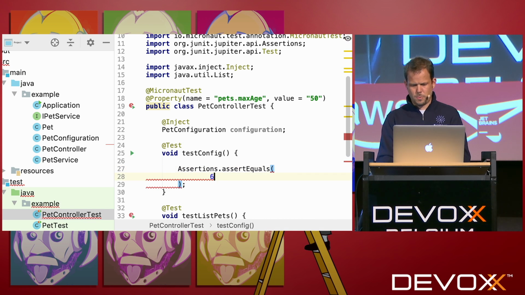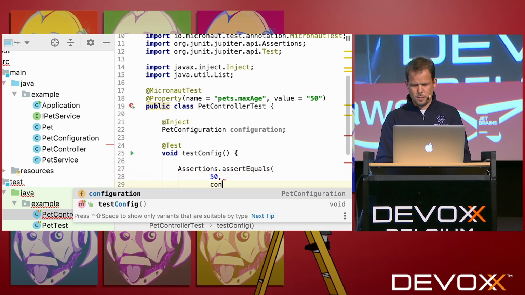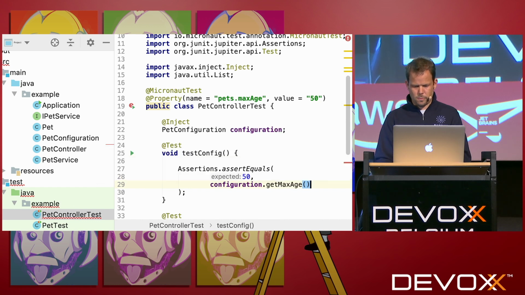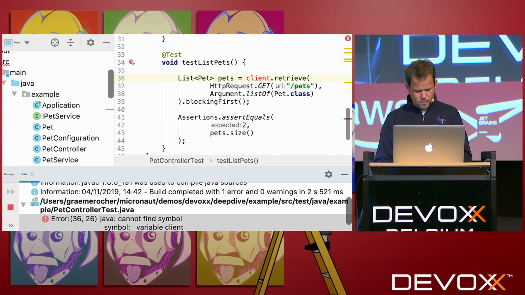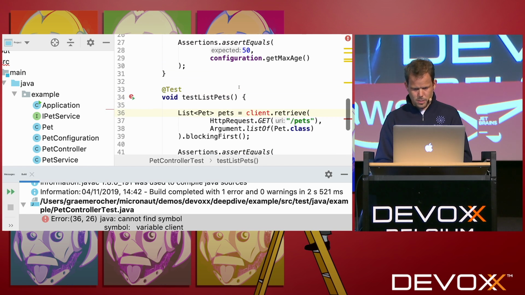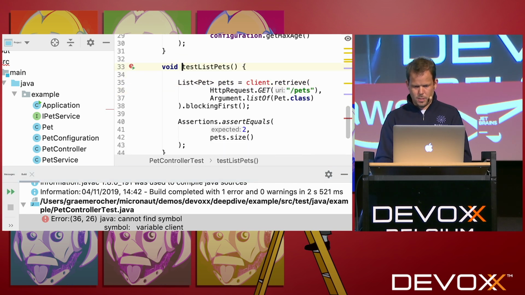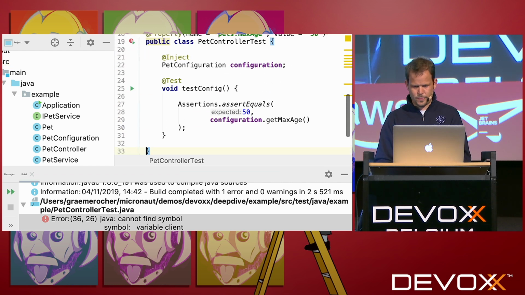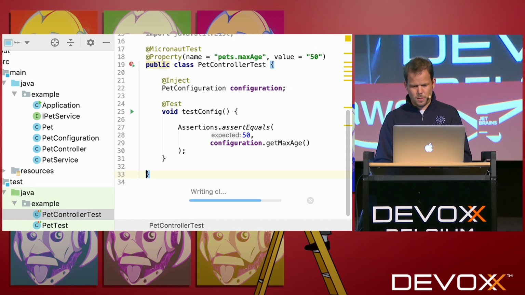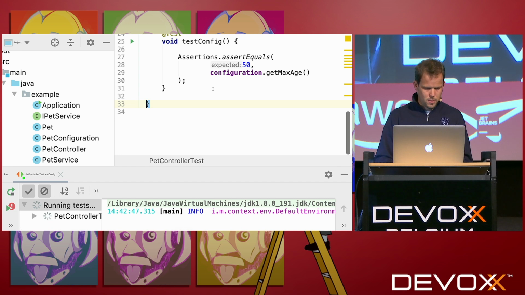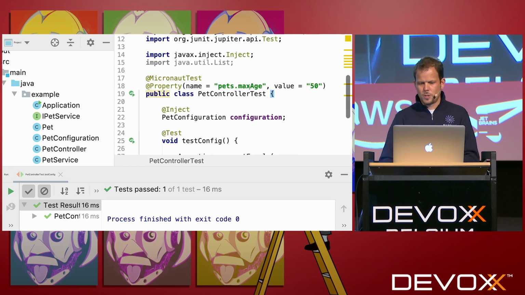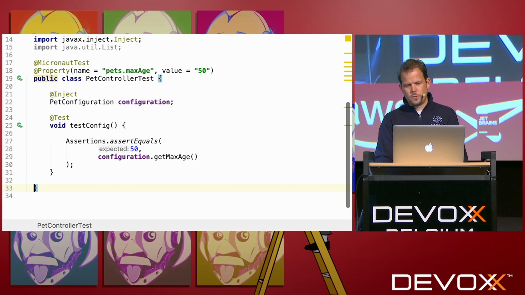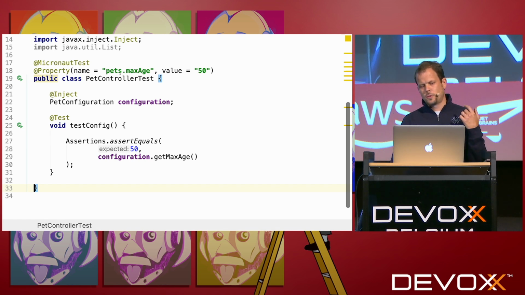And we expect it to be 50, I believe, and that the guards are in our favor. So let's see if that actually fails, because I delete something. Okay, so that passed. So Micronaut Test has a nice feature where you can set properties for the context of